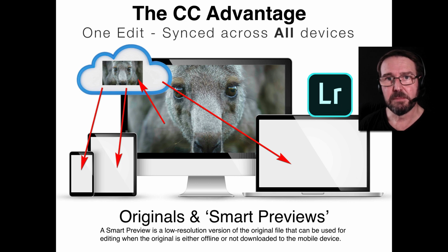Now one of the ways that Adobe manages this Lightroom CC version is a variation of working with original files and something called smart previews. These are low resolution versions of the full resolution file. We can at any time download that full resolution to our mobile device if it is not already there. If any time in the future your storage capacity is slightly compromised, then Lightroom CC may decide to remove the originals from your device and just leave them in the cloud storage, but we always have access to our original